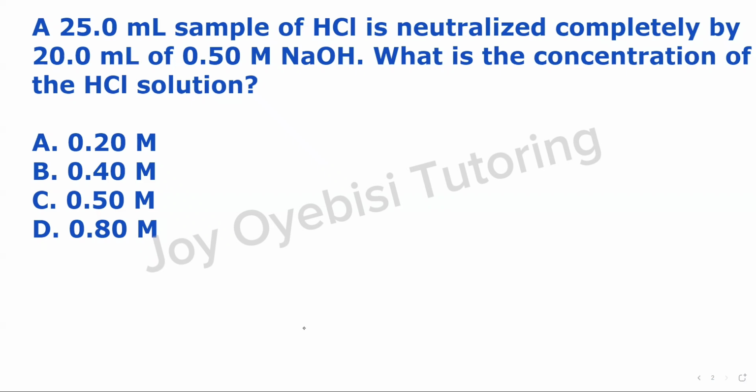the correct answer. The first thing I would do when solving this is to write out the chemical equation. Very important, okay? So HCl is reacting with sodium hydroxide. So we're going to have HCl plus